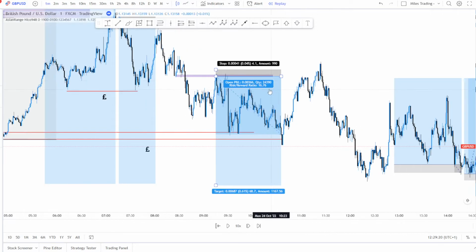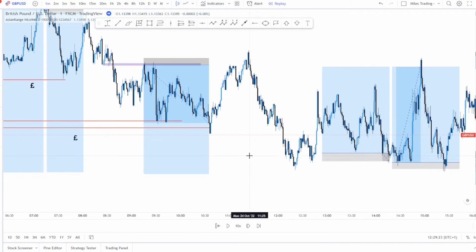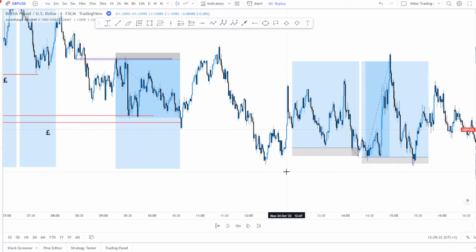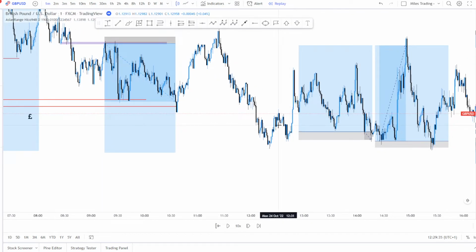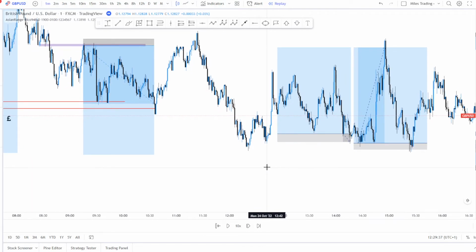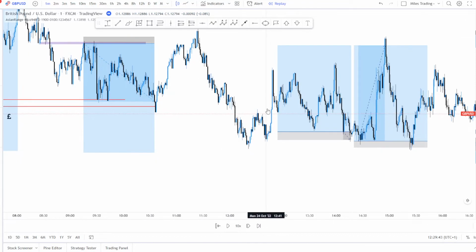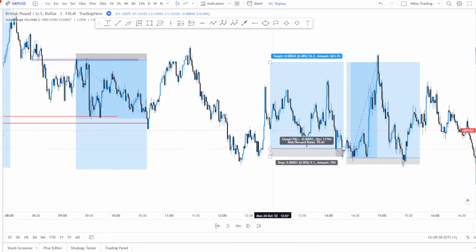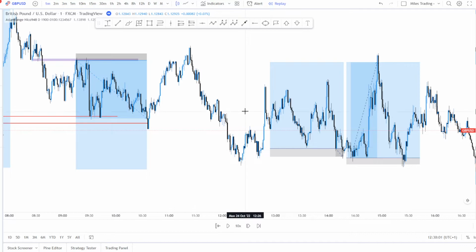And then afterwards, obviously, my overall direction was to go down. But I love catching reversal entries, if most of you know. And usually the reversals will happen in New York because New York liquidity comes in, the New York volume comes in, sorry, and I wanted to catch these reversals. So after I seen around 12 o'clock, half 12, price made a nice impulsive move. I'm using the wrong tool here. Price made a nice impulsive move up right here. It wasn't the most impulsive, but it did 35, 40 pips in just 3 candles. So that was a nice little impulsive move up, giving me the go ahead that a reversal is potentially happening,